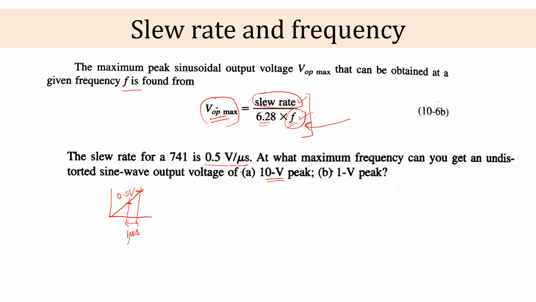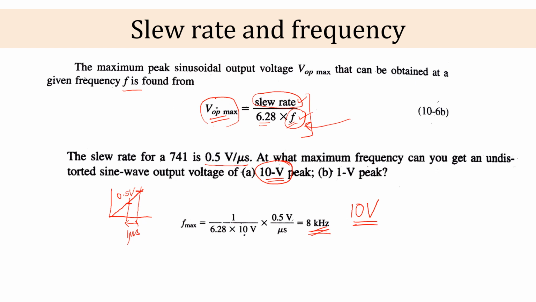So for 10 volt peak, we can use this formula and we can find out that this is the maximum frequency for which we can operate the operational amplifier, so that the voltage should be 10 volt, because we cannot compromise with the final output. We want that output should be there within a given time. So the frequency has to be maintained. So it means the maximum frequency up to which that operational amplifier will work is 8 kilohertz when the final output or peak output is 10 volt.